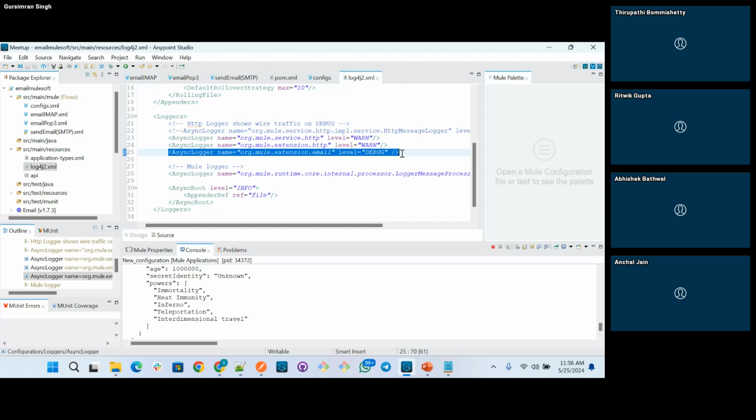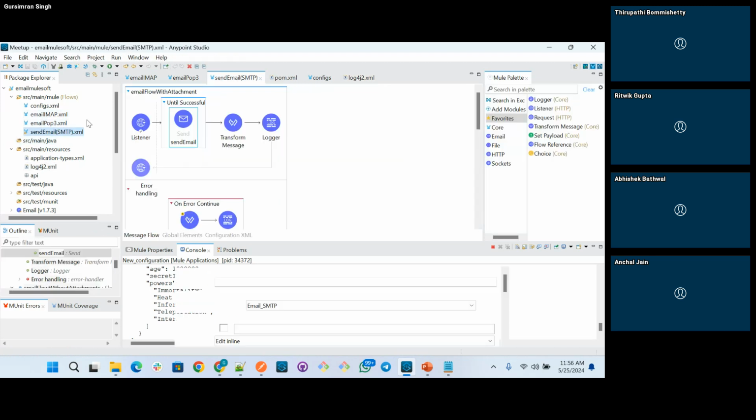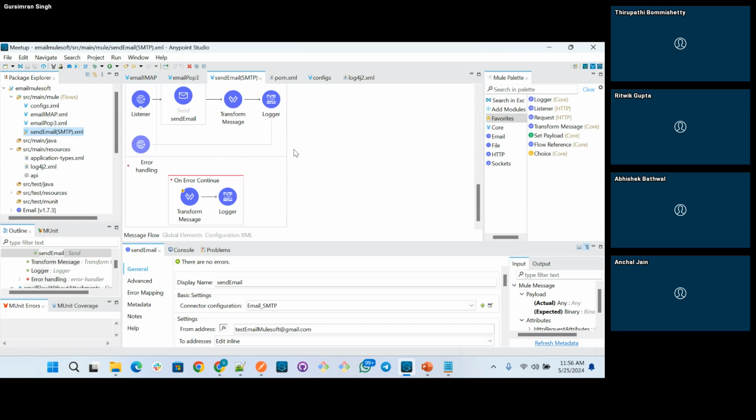For every email connection which is opened, it will print the logs, and it will definitely cause a memory error. So just for local testing, you can use this. Even when deploying to any server, you should not use it. Okay, so this was the thing which I wanted to share.